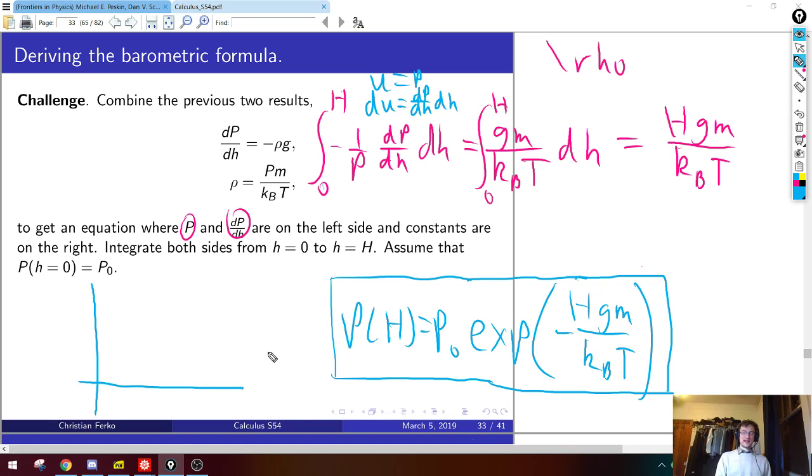So what does this tell us? This is a modification of the ideal gas law that tells you not only how pressure, well, we've killed volume basically because we assume volume is fixed for our cylinder, but this now tells us how pressure depends on height. So let's just graph it. What it looks like is that there's some pressure P0, which is at basically sea level at height 0. And then as you increase in height, the pressure falls off exponentially, where the speed of that fall off is controlled by g and the mass of the gas and the temperature. So a higher mass means this thing falls off faster. So the intuition makes sense, right?